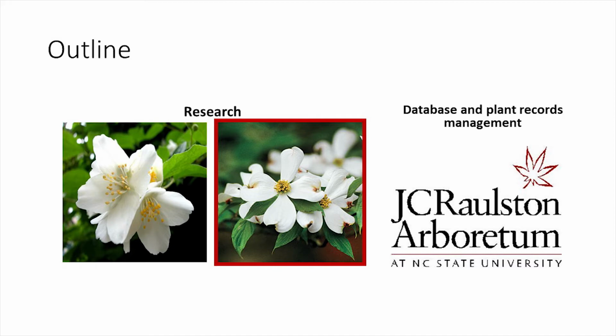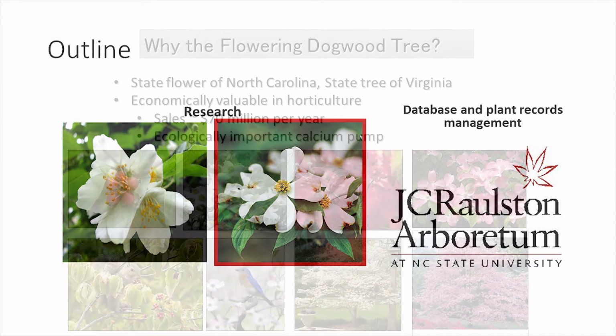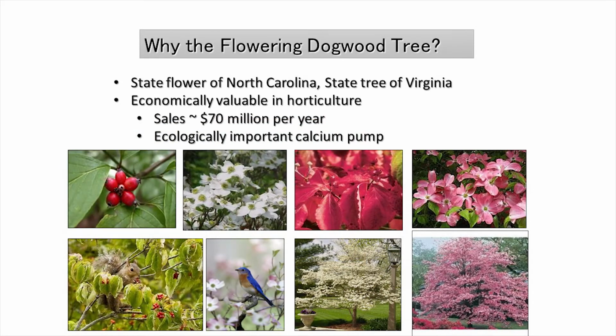It's the state tree in Virginia, and as you hopefully know, it's a southern icon. So unfortunately, the flowering dogwood tree is under threat. It's very popular in an ornamental setting, but the cost of maintaining it in a nursery has increased more than tenfold. So you have to have fungicide treatments, you have to breed better cultivars that you can market. The landscape is very different for nurserymen planting dogwoods than it has been in the past.